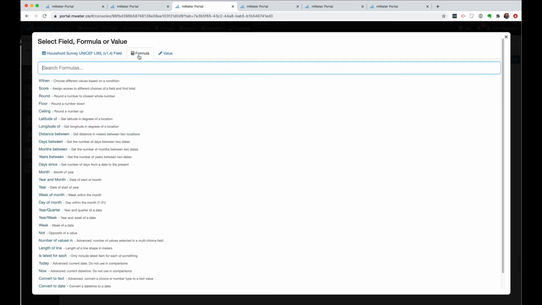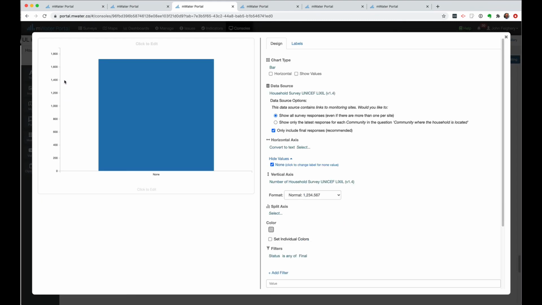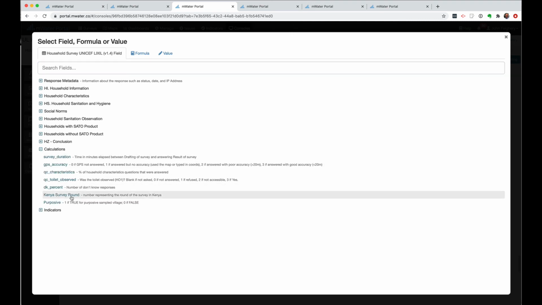there's a function in MWater that's really handy here called convert to text. And all it does is what it says. It takes a number and turns it into a text instead of a number. So that tells MWater, think of this as a text field, not a number field. So if I go grab that survey round again,